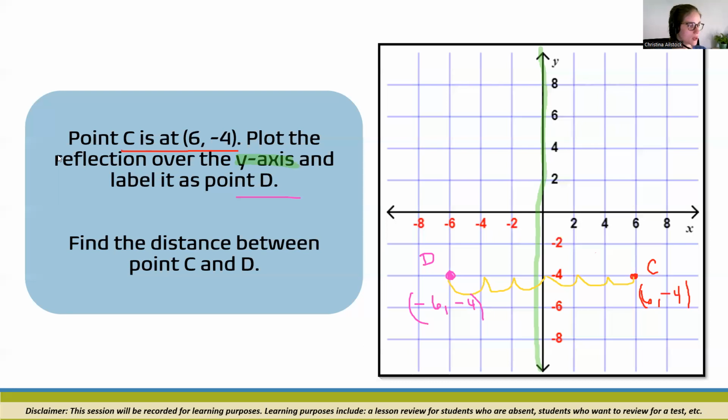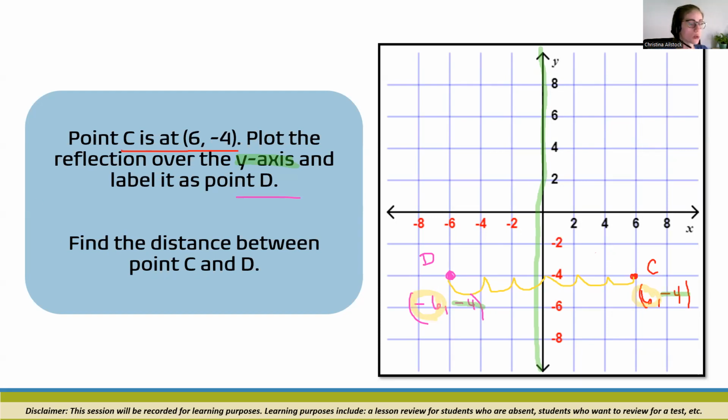I notice that it was reflected over the y-axis and the y value is the same. It's a -4 both times. However, once I did that reflection, look at your x value. It was a +6, but then it became a -6. So that's our rule, and this is in your notes that was published for today, that if you reflect something